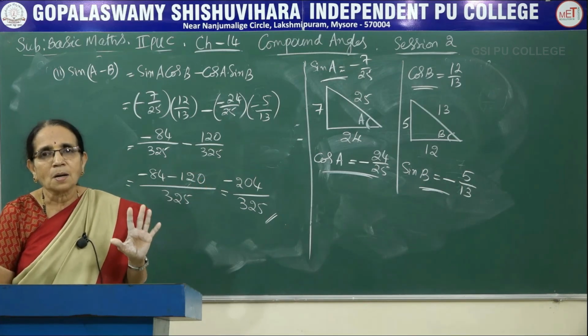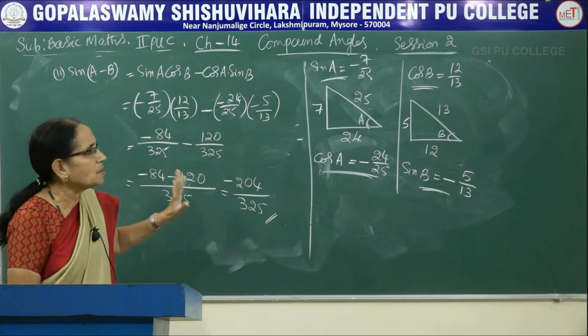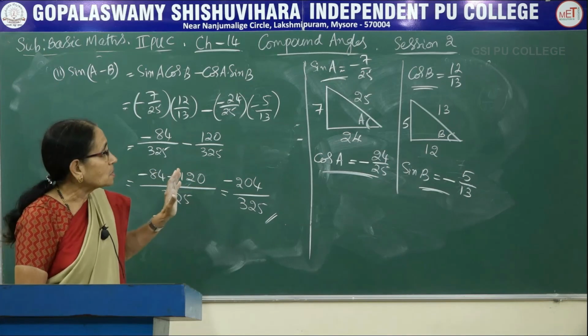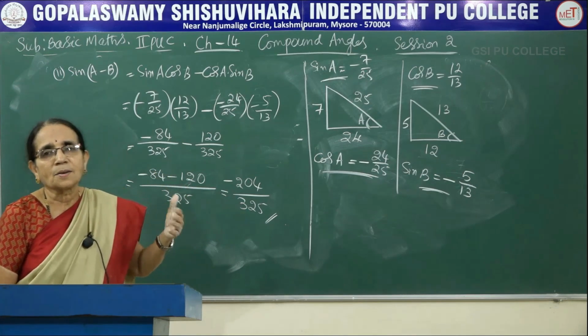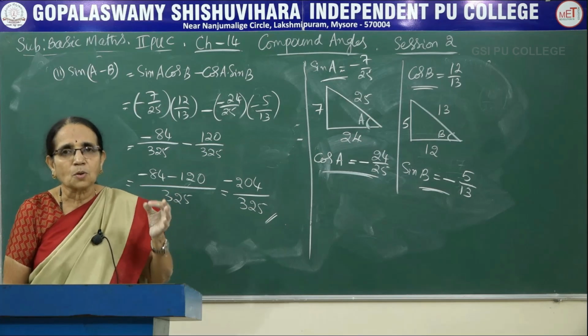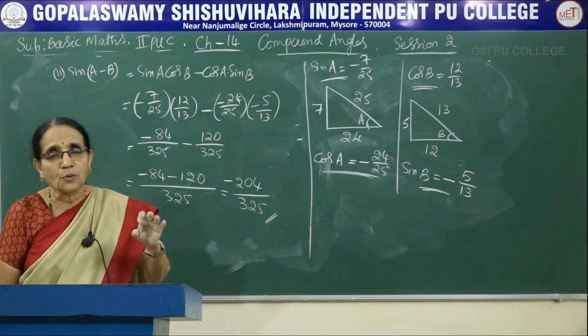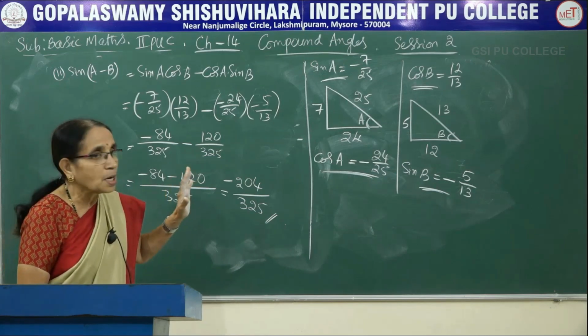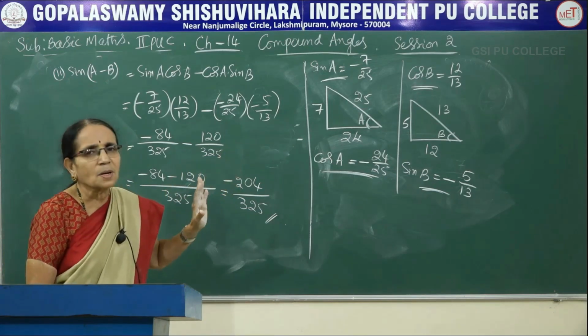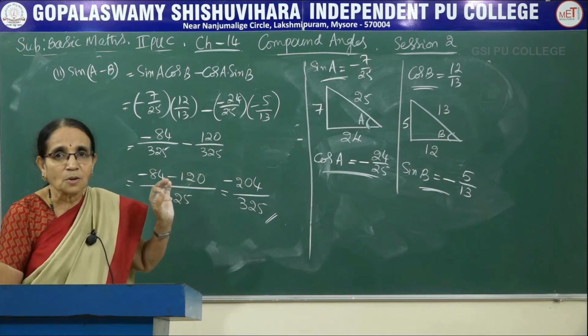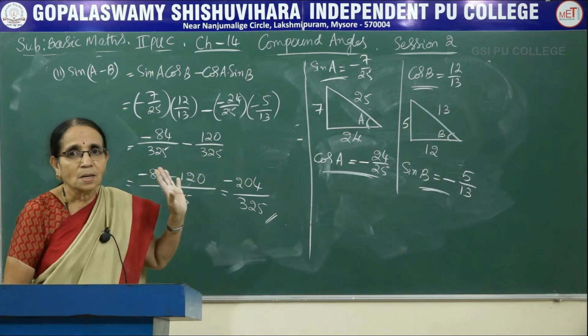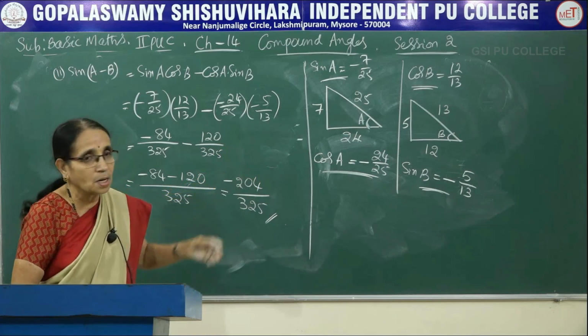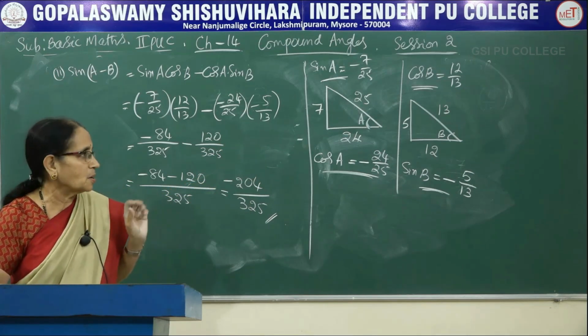If both A and B are acute angles, no problem, all the ratios would be positive. When any one is lying in the first quadrant, the other second quadrant, remember which quadrant, which angle, which ratio, for which angle, which ratio would be positive or negative, write the appropriate sign. But in the figure, don't ever write the minus or plus sign, it would be confusing for you. Only in writing the ratio, you give the appropriate sign for that one.